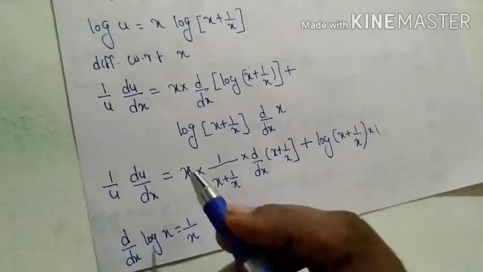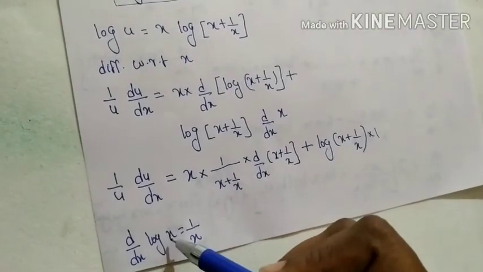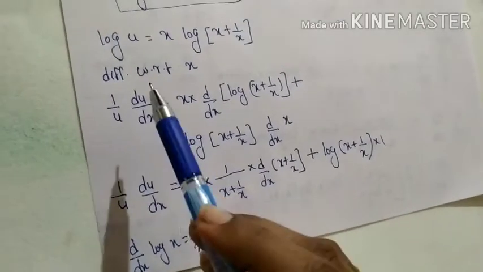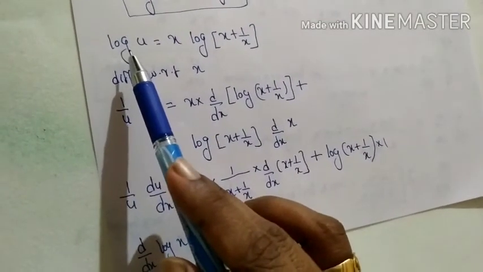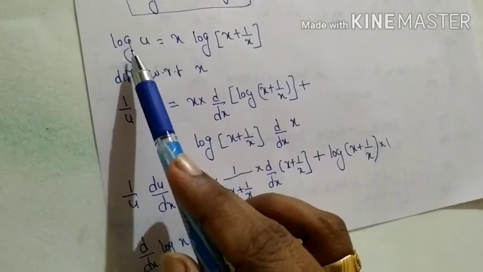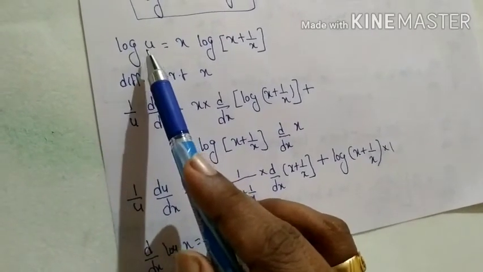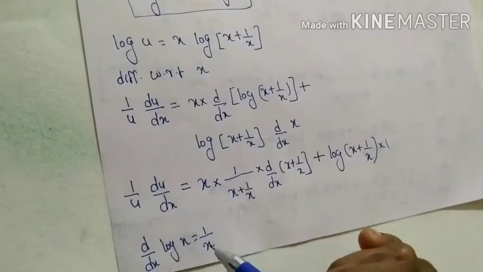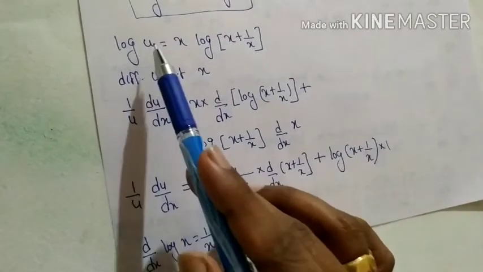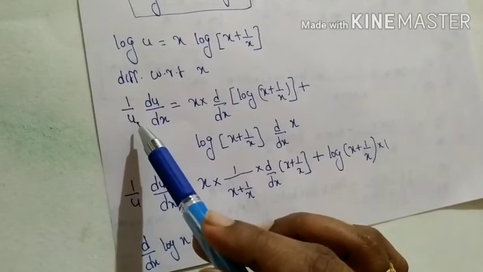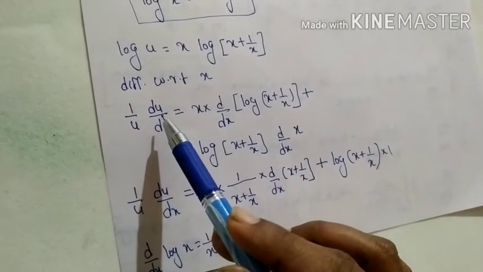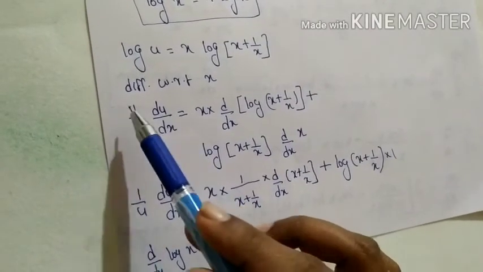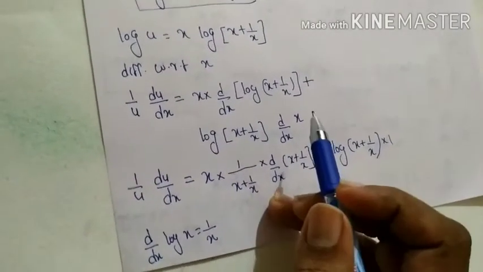Okay. Derivative of log x is, we know that the derivative of log x is 1 by x. Here we need to find out the derivative of log u. We know that the derivative of log x is 1 by x, but here x is replaced by u. We get 1 by u. u is again a function, so we need to write the derivative of this u function. Okay, 1 by u into du by dx,